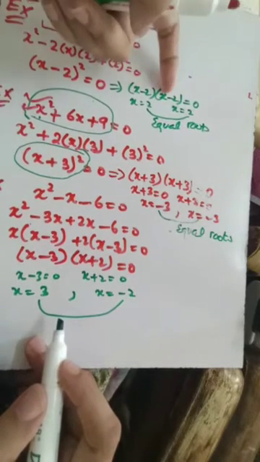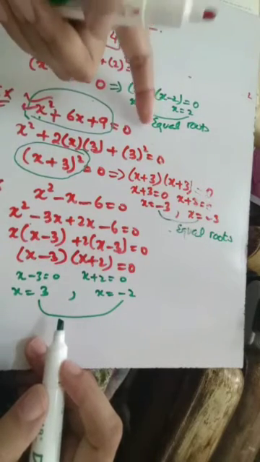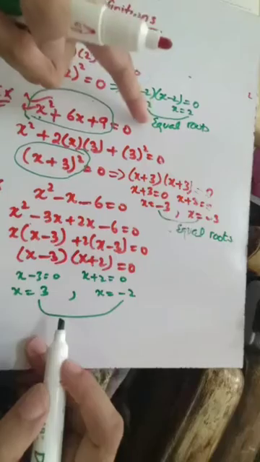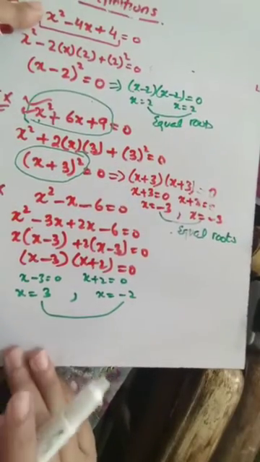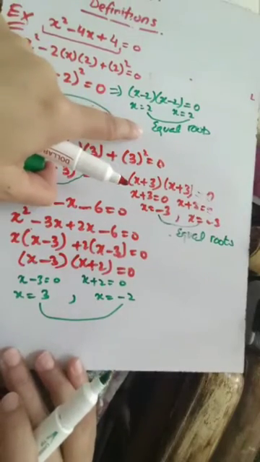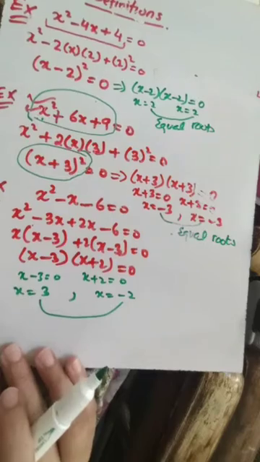As we are going to get the same factors in all the cases whenever we have a perfect square, it means that we are going to get equal roots whenever we have a perfect square, as you have seen here. So I'm going to use this statement, that whenever you have a perfect square involved in an equation, you are always going to get equal roots. Using this statement, I am going to solve question number 3.